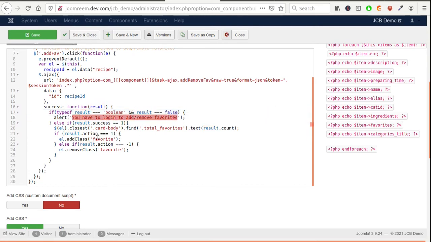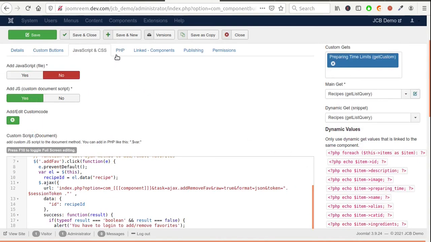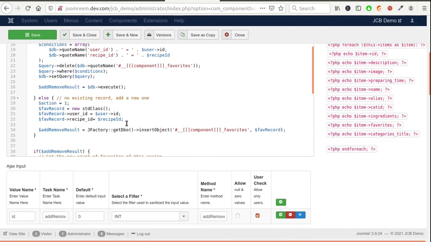Then the user will be notified to log in before trying to add and remove favorites. Then, if success value is 1, it means the add or remove operation is completed successfully, and it is okay to update the counter, which is defined by the CSS class total favorites.